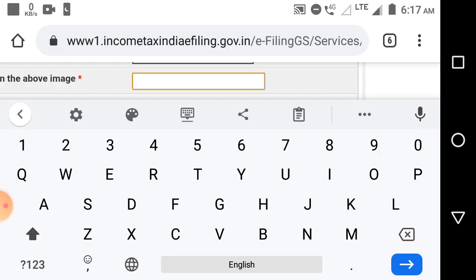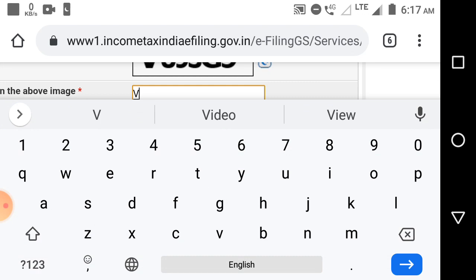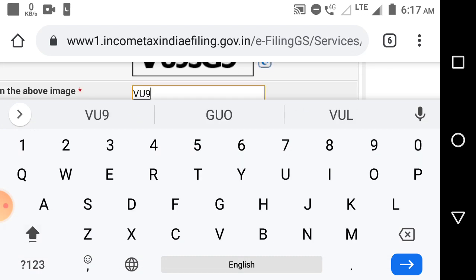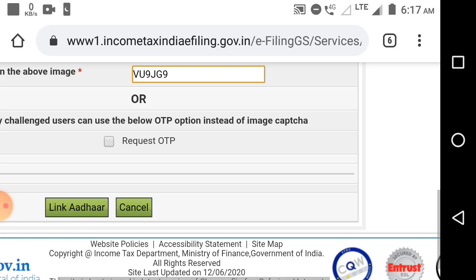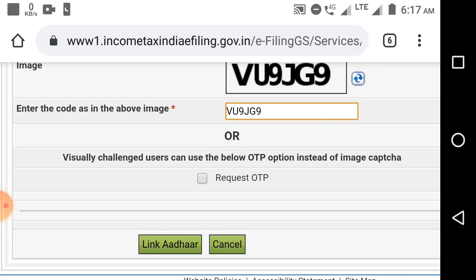This captcha code is only for sighted persons. If you are a visually challenged person, you do not need to fill in the image captcha. You just need to click on Request OTP.